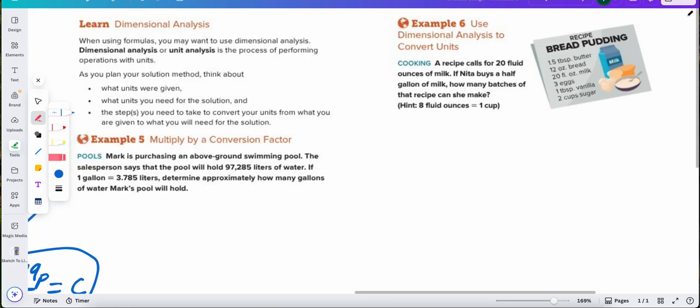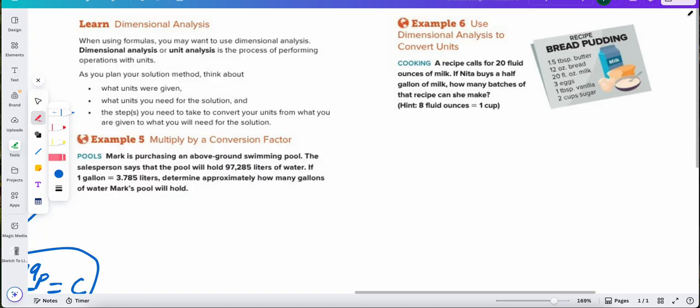So when using formulas, you may want to use dimensional analysis. Dimensional analysis, or unit analysis, is the process of performing operations with units. As you plan your solution method, think about what units were given, what units you need for the solution, and the steps you need to take to convert your units from what you are given to what you will need